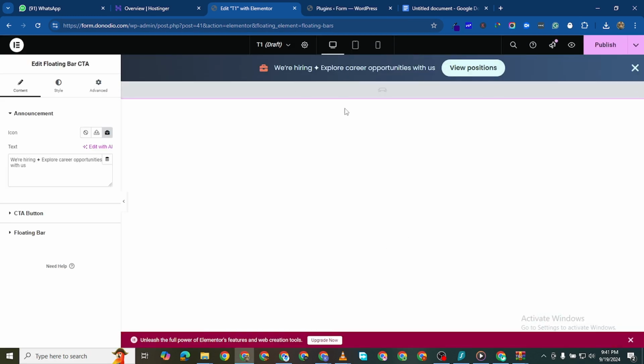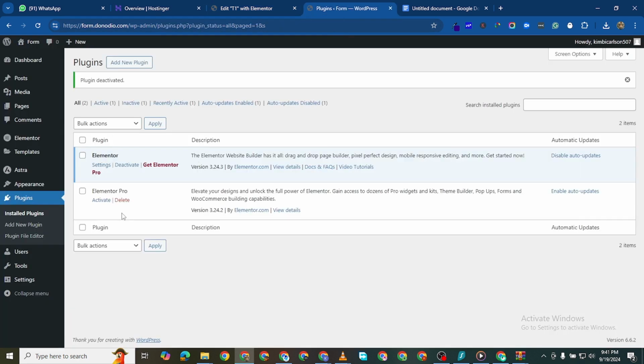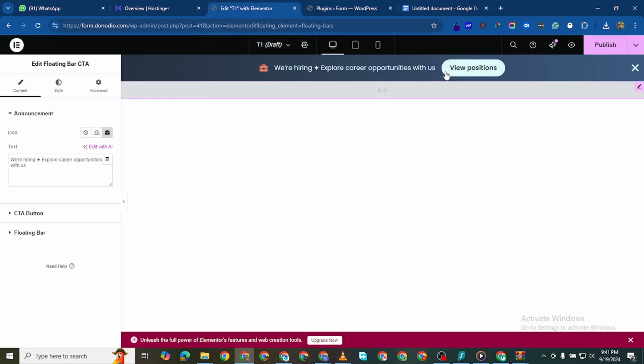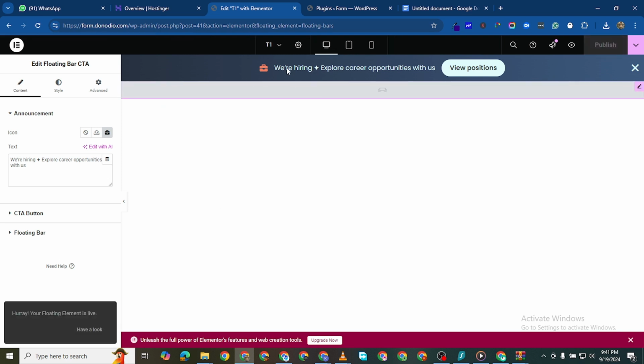Somehow I was getting an error when connecting this because of Elementor Pro. So I deactivated Elementor Pro, and I'll just activate it right now. Now we come here. I'll just first of all publish this. So it's now published. And if I reload this now,